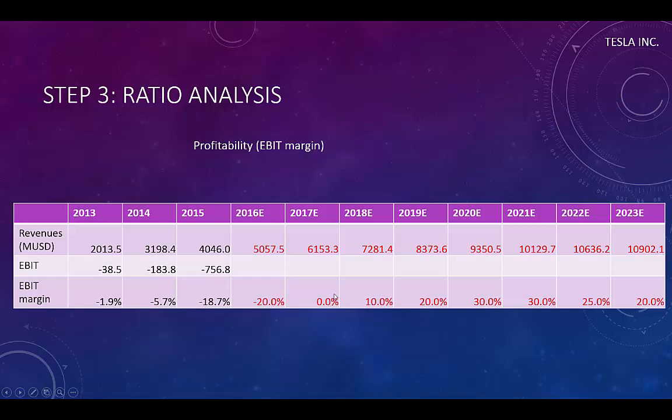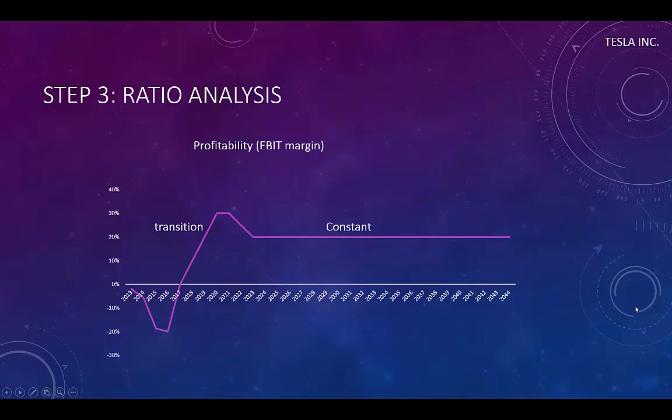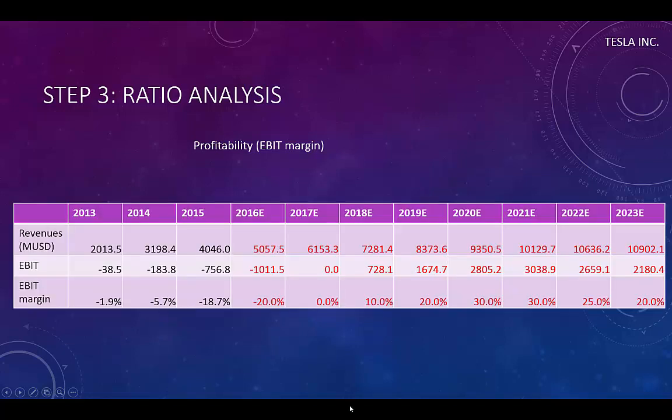The forecast is that the EBIT breaks even in 2017 and that the company is able to increase its profit margin up to 30% in 2021. This margin is quite high because we assume that the company has a strong brand. But after 2021, more competitors enter the market and the profits deteriorate until reaching a steady state EBIT margin of 20% in the long run. If we draw the EBIT margin over time, it looks like this. The EBIT forecast is generated by multiplying the revenue forecast with the EBIT margin expectations.